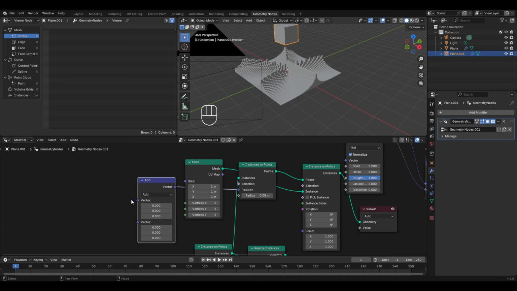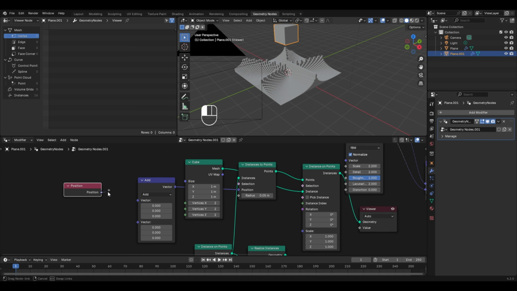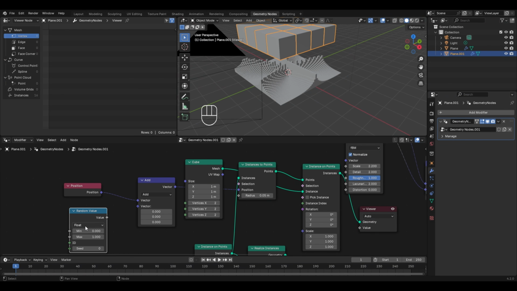Then for the first vector socket, let's add a position node. So press Shift plus A, go to geometry, and in the read, select the position node. Place it over here, connect it to the first vector. Then to add some randomness to the position, we'll be connecting the random value node in the second vector. So press Shift plus A, go to utilities, and select the random value node. We'll place it over here, change the data type from float to vector, and connect the value socket to the